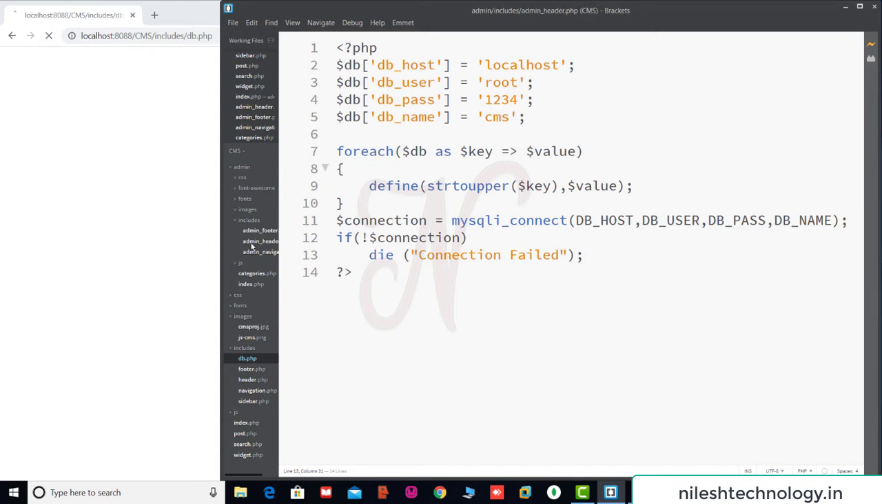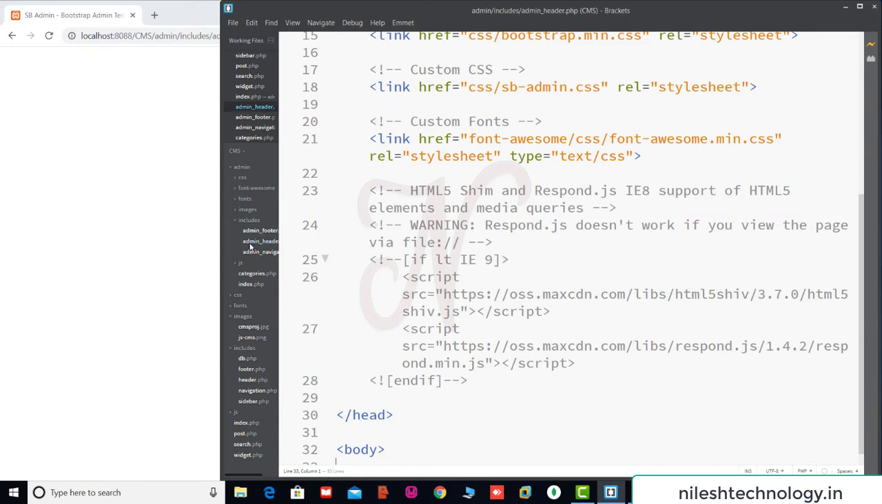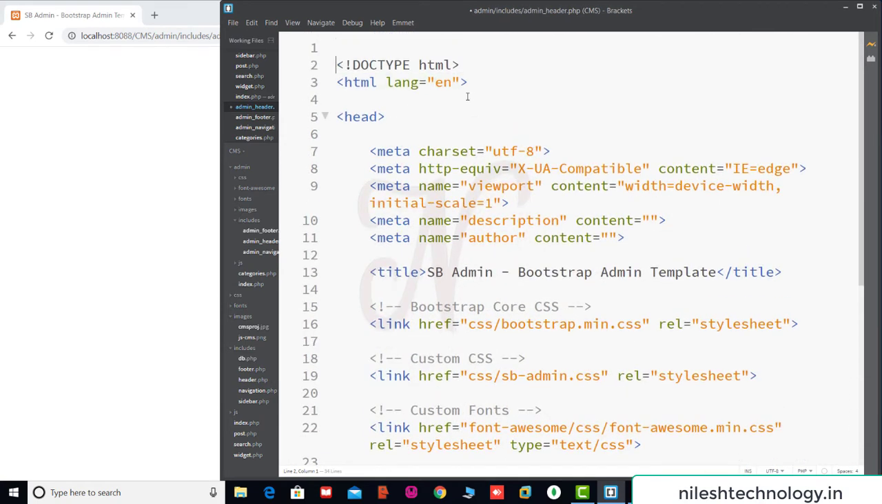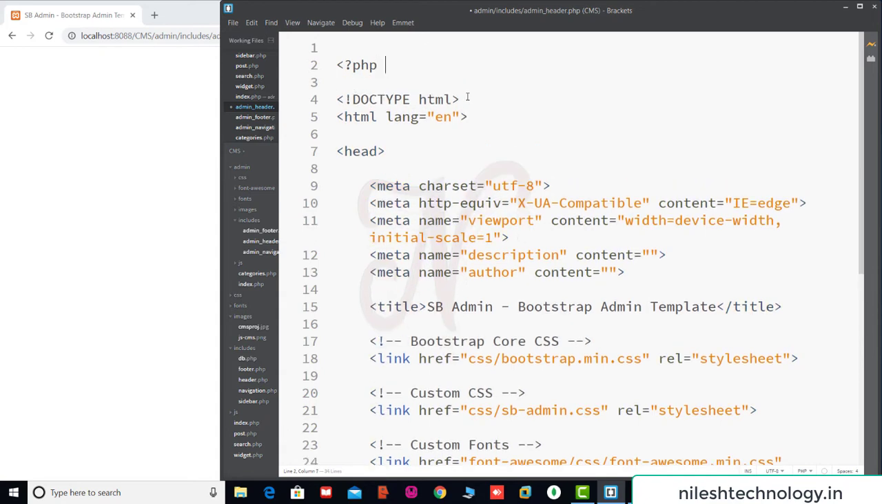So here we open the admin header.php file. There is no need to include this file every time or on every page. That's why here we include this file in this header tag. So this is the PHP include. Your file name is db.php. So here we include this file only once,